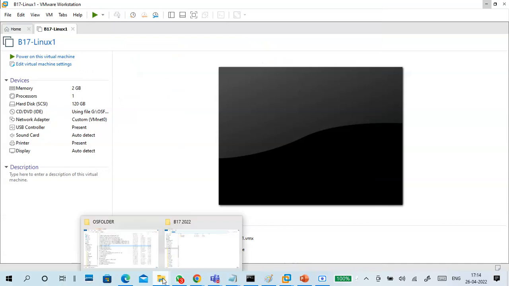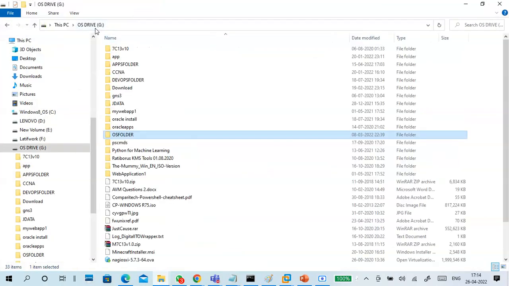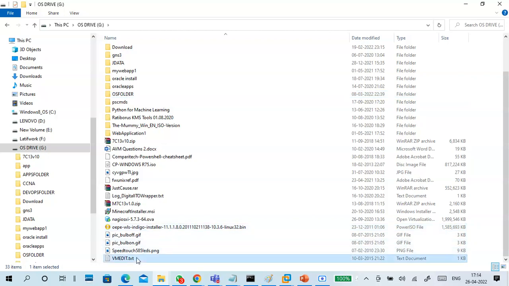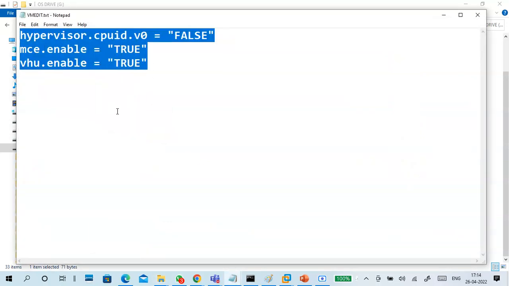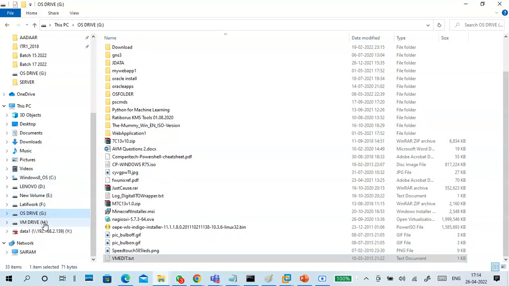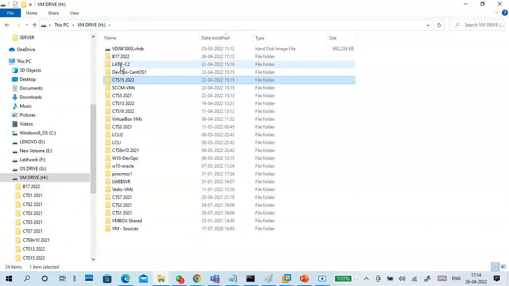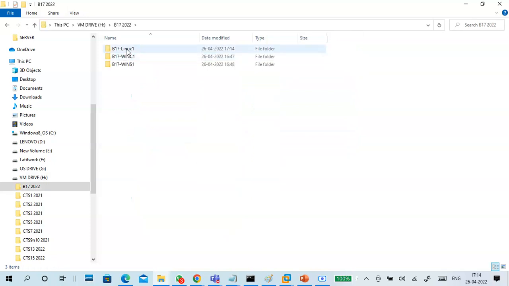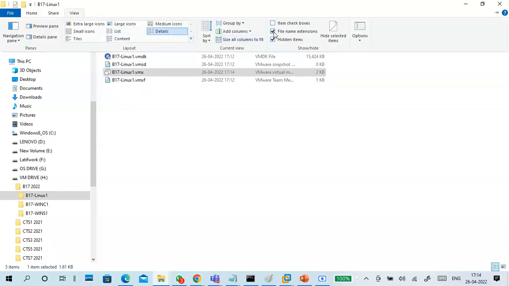Settings completed. For nested virtualization, I want to add 3 lines. Again, guys, if you are unable to add these 3 lines, if you feel confusion, no need to do it. My virtual machine location has the Linux .vmx file. Want to know where the .vmx file is?